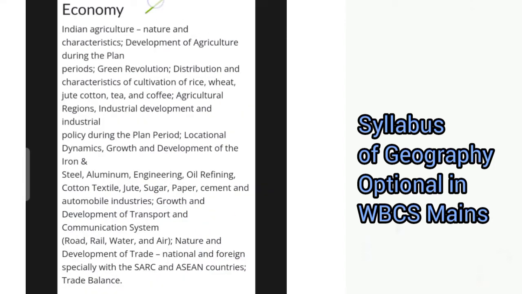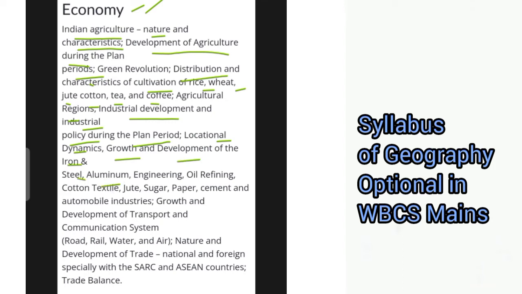Next, we have the section on economy based on Indian agriculture, its nature and characteristics, development of agriculture during the plan periods, green revolution, distribution and characteristics of cultivation of rice, wheat, jute, cotton, tea and coffee, agricultural regions, industrial development and industrial policy during the plan period, locational dynamics, growth and development of the iron and